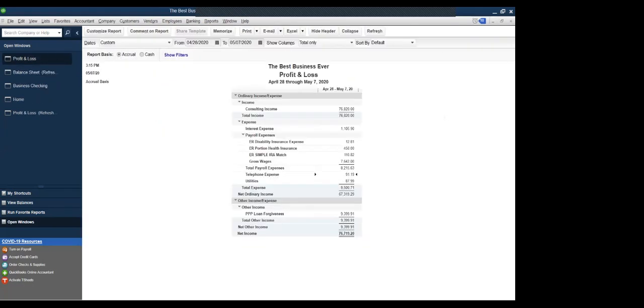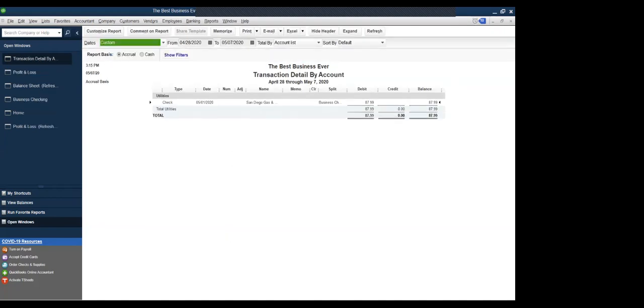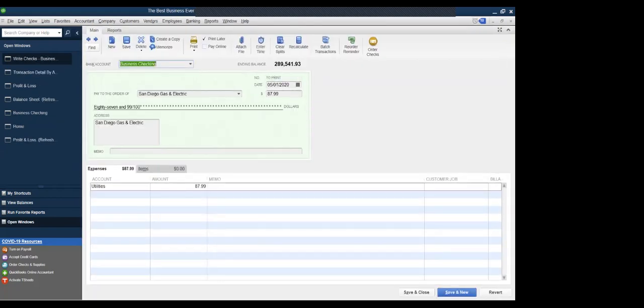And see if we have any others. We do have utilities. So there's one utility check. So there's a PPP loan for $87.99 and a,